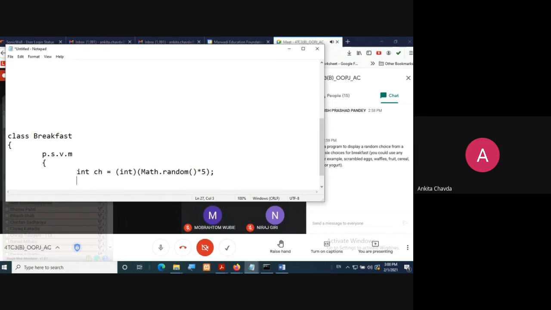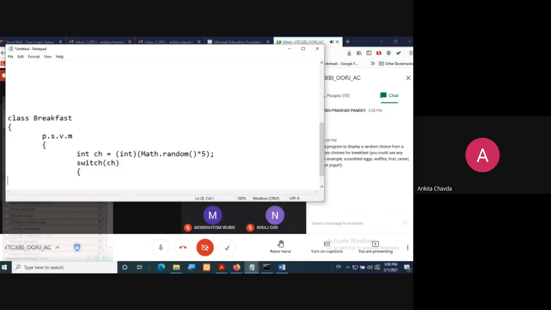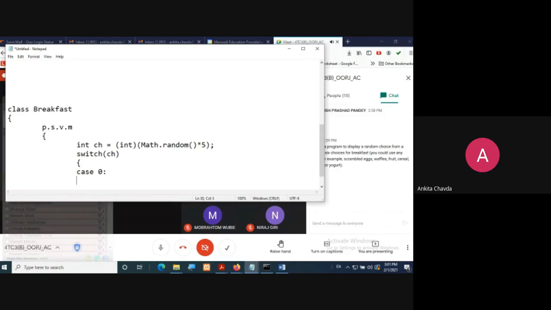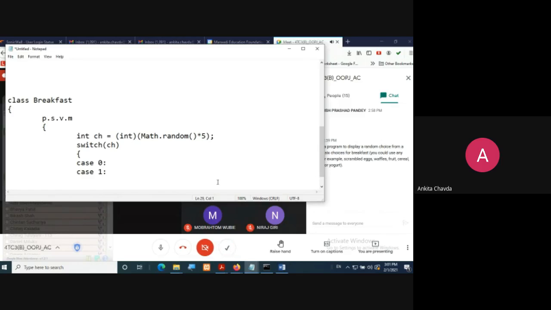And then your typical way of writing a switch case. Here you will operate the switch on the choice. Here you write case 0, then case 1, and so on, and in each you simply print a System.out.println statement, like today's breakfast is scrambled eggs, waffles, fruits, cereal, yogurt and so on.